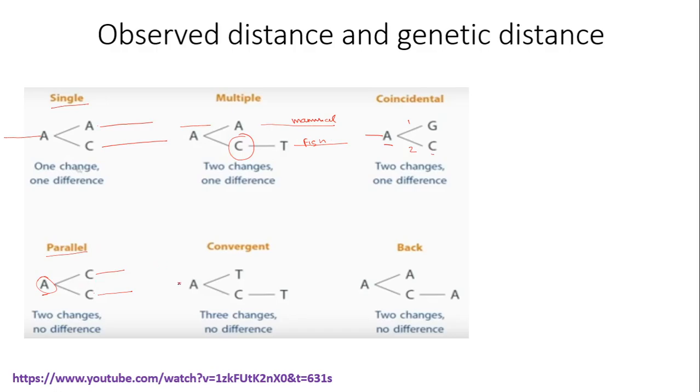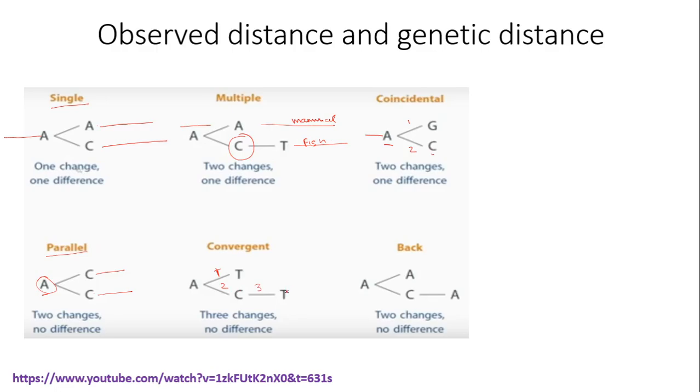That is, in the ancestor there was A, but in both the daughter species you have got C, right? So if there are three changes that happen and the end result is no difference, right? In the ancestral sequence, this A changed to T, intermediately this A changed to C, and this again C changed to